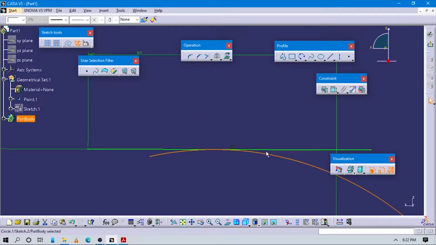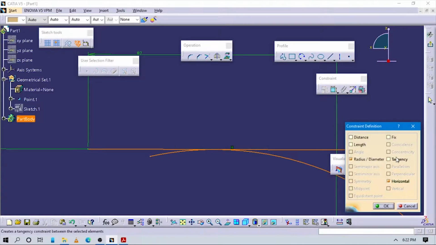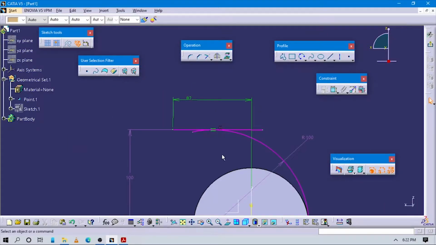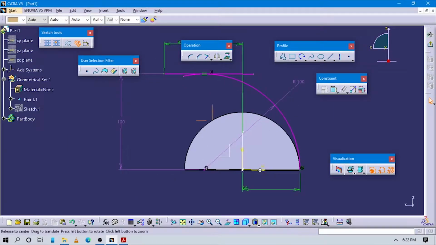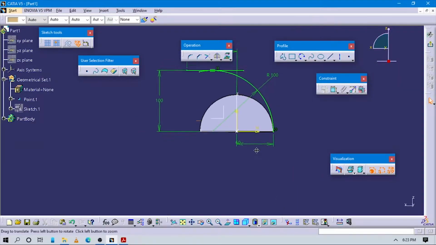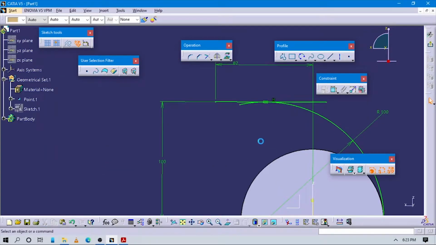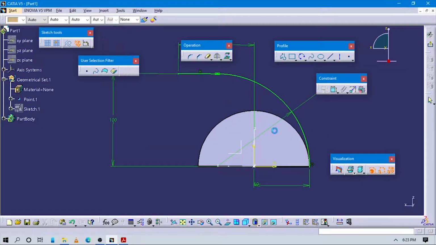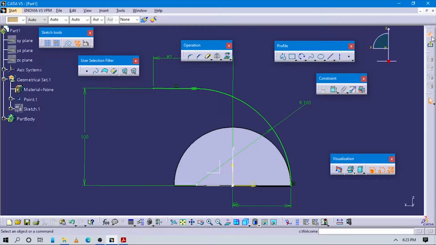It comes up to this, so make sure to make this circle and this line tangent. So click these two circles by pressing the Control button on the keyboard and check here for tangent. And we have to delete this center constraint because over-constraint happens here. Now we have to delete some lines here, so go to the quick trim command in this operation tab, delete this. Now our sketch is done. Just exit the